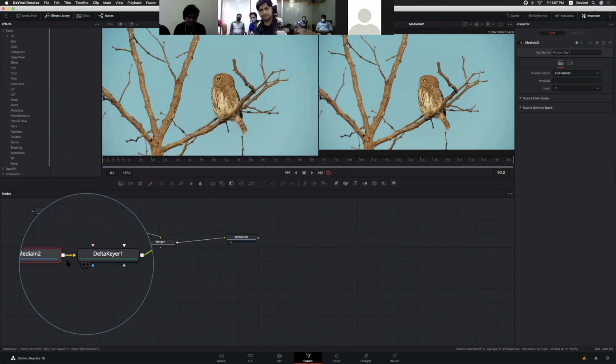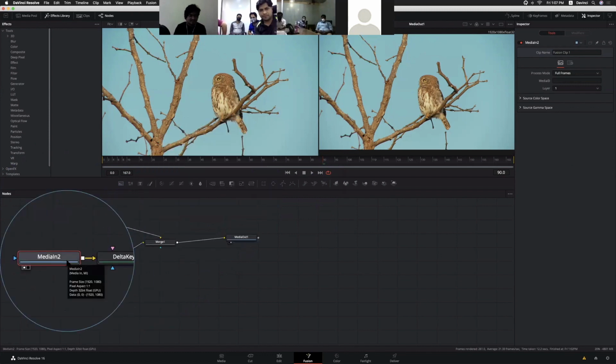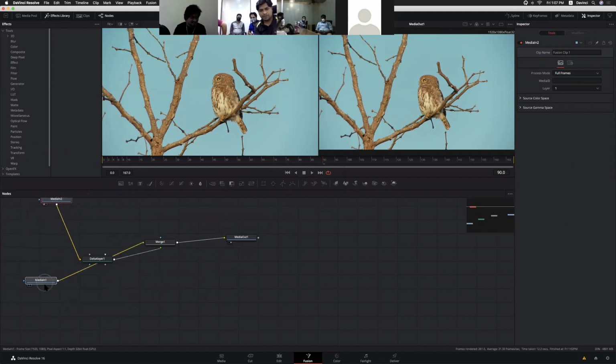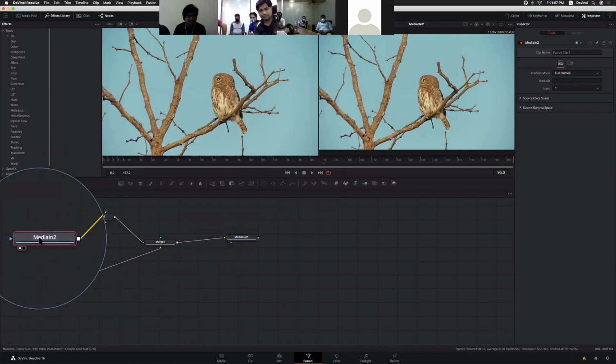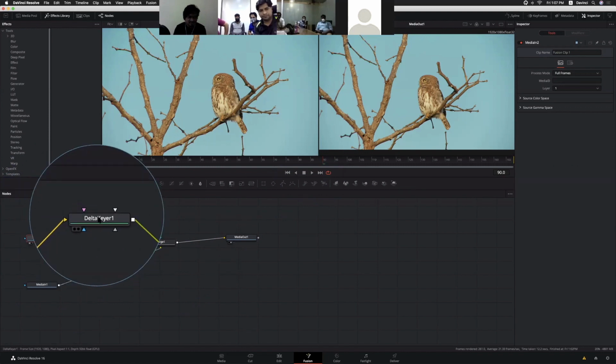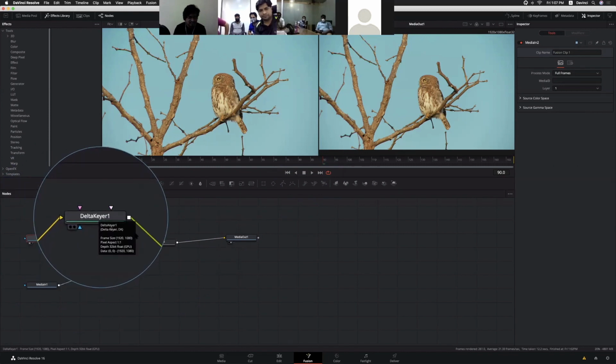Okay, this is the top layer. This is the clip which is in the V2 track. For the V2 track we are removing the color and it is going to the merge node.